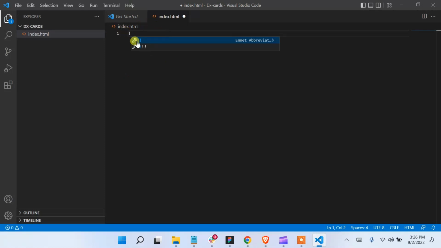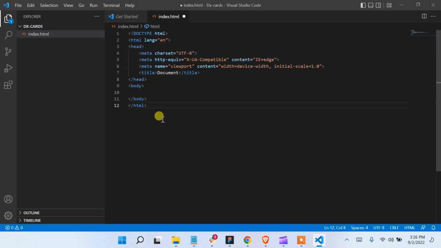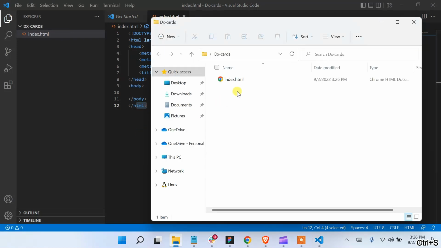And if you do that, you're automatically going to see this suggestion on your screen. All you need to do is come over here and press this first one, and you're going to see a lot of code generated for you. You do not need to worry about what these are yet. We are going to be explaining and talking about them in a bit. Now, if I save this file and I come back to my folder,